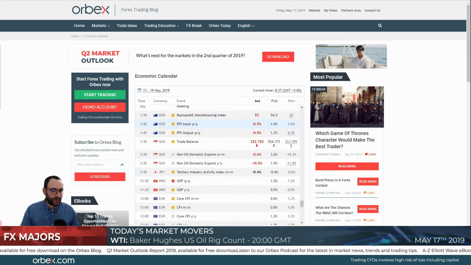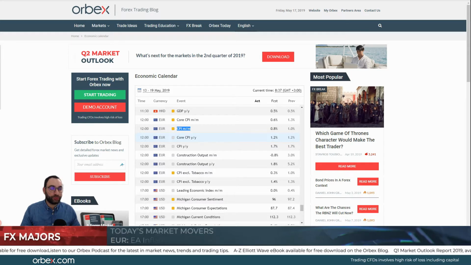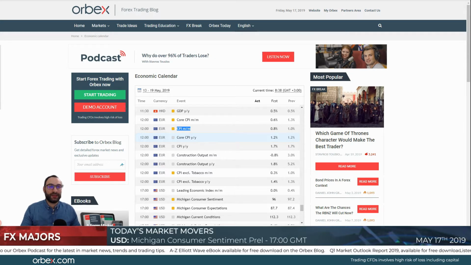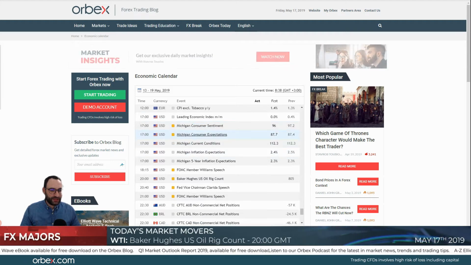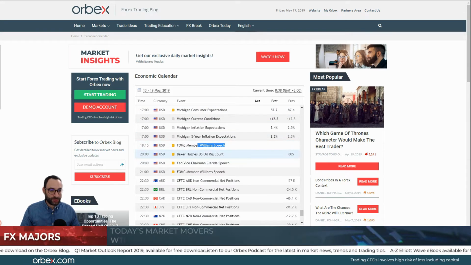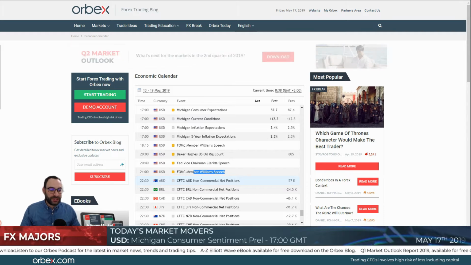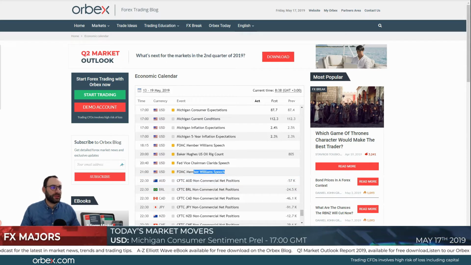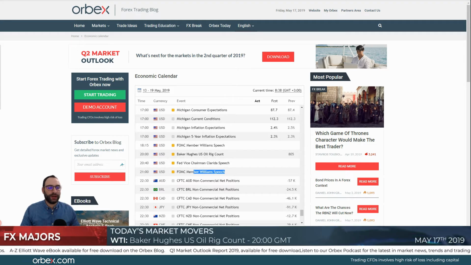Now today we are expecting some good data to come out from the European Union. When I'm talking about good data, I'm just talking in terms of movements in the markets, not expectations. We expect consumer sentiment in the US, consumer expectations, FOMC Williams to speak, and then Clarida and Williams as well later on in the night. So a rather busy session, I would say, but not as much. Mostly trading is going to be directed by end of week flows.